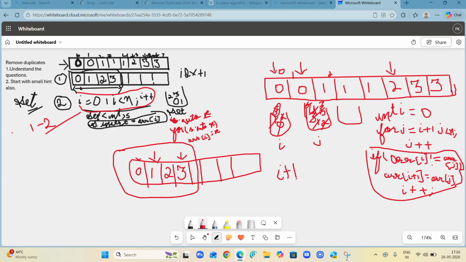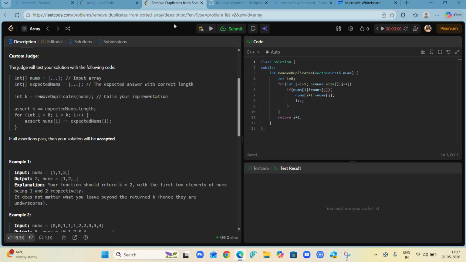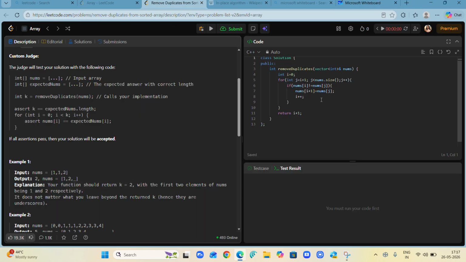So this was the whole dry run of this beautiful question, removing duplicates, which is an important question. I have told you that I have tried to cover everything, guys. I have tried to give my best, so that how I have understood the things, you get in the same manner. And let me show you the code also. I have solved it, like before explaining, I was a student, I was also solving it, and it got solved.